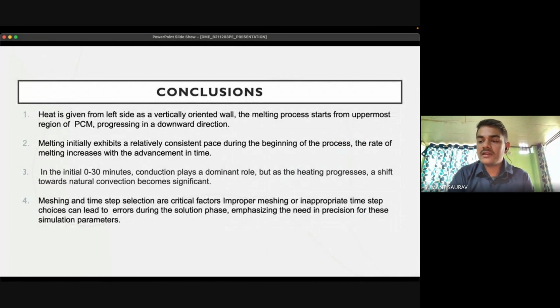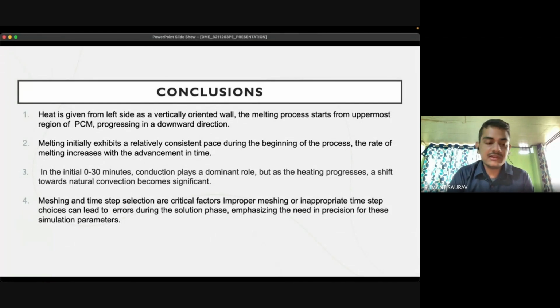The conclusions that we get out of this paper are: heat energy is supplied from the left wall, keeping all other sides at adiabatic conditions. Melting occurs at a relatively constant rate in the beginning, while the rate of melting increases as time advances. In the initial phases, major heat transfer occurs through conduction, but as time progresses, convection becomes significant. This is a major conclusion that we can